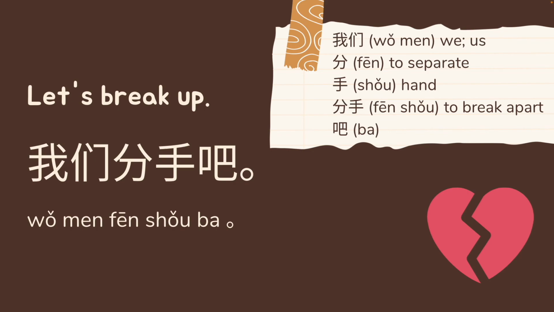我们分手吧. It's not as direct as I am breaking up with you, which is like you're determined to break up. 我们分手吧, it's more gentle. It's closer to I don't think we're right for each other. Let's break up. Or I think we should break up. We have the expression to say I am breaking up with you with a firm determination, but it doesn't sound as natural. So I am sticking to the more gentle way.